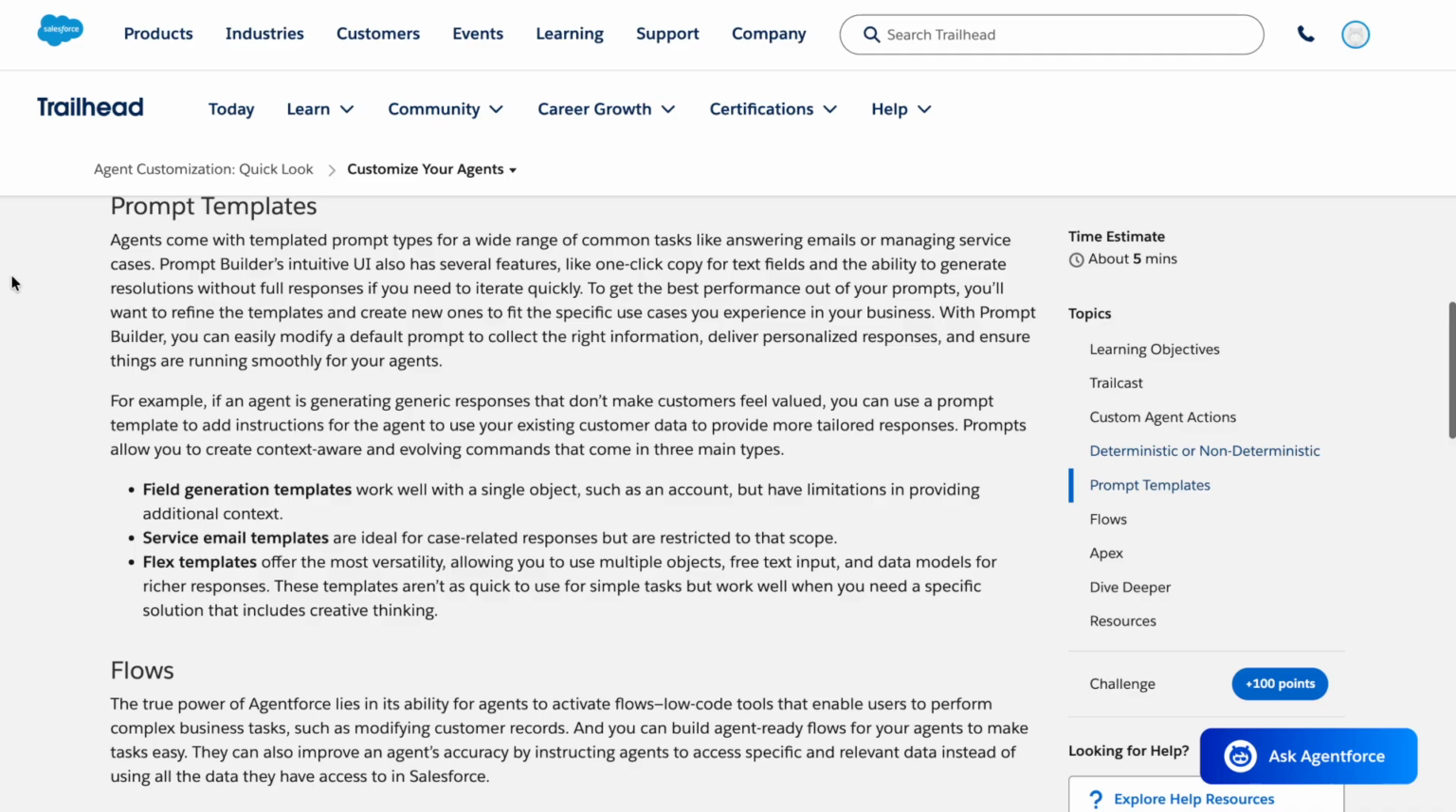Prompts allow you to create context-aware and evolving commands that come in three main types. Field generation templates work well with a single object, such as an account, but have limitations in providing additional context. Surface email templates are ideal for case-related responses, but are restricted to that scope. Flex templates offer the most versatility, allowing you to use multiple objects, free text input, and data models for richer responses. These templates aren't as quick to use for simple tasks, but work well when you need a specific solution that